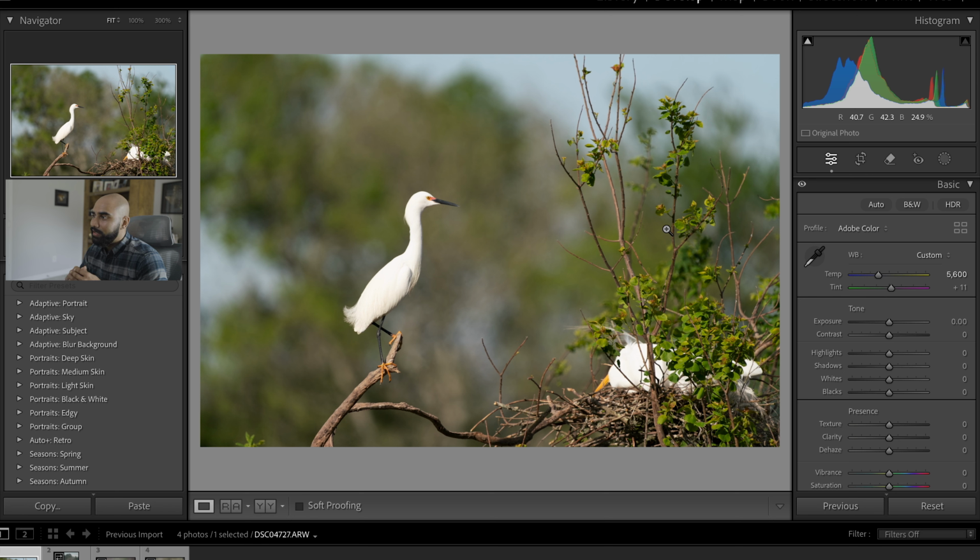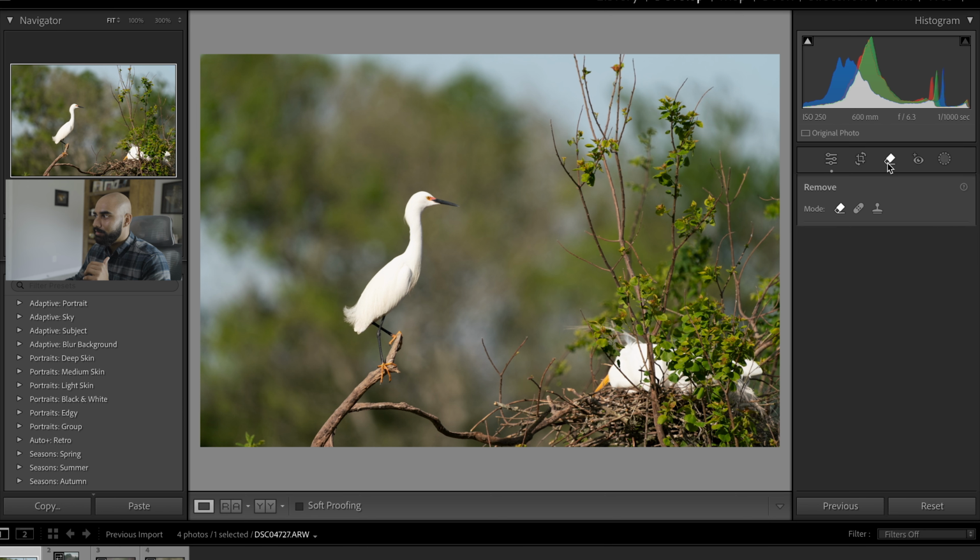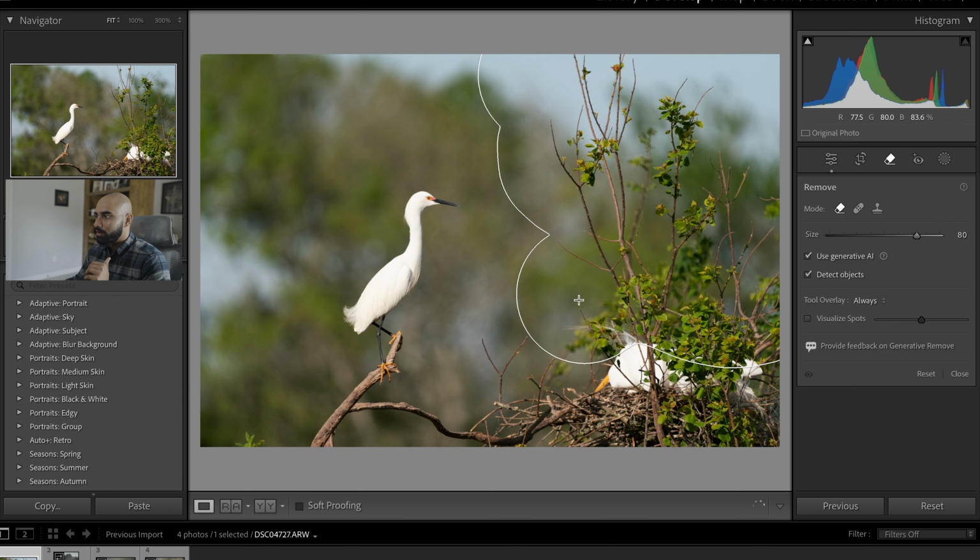I'm happy with that. I'll tell you the next thing I don't particularly like about this picture is all of these twigs and shrubbery and this other egret nesting here. It just, I think, distracts from the picture. So I'm going to try to clean that up by clicking on the remove tool. Let's make the size a little bit bigger. And then I'm just going to highlight everything I want gone from here